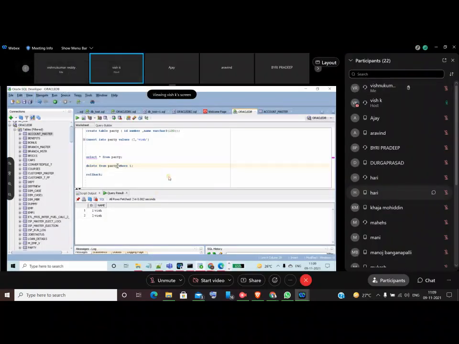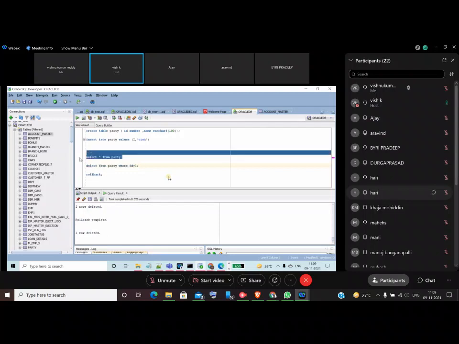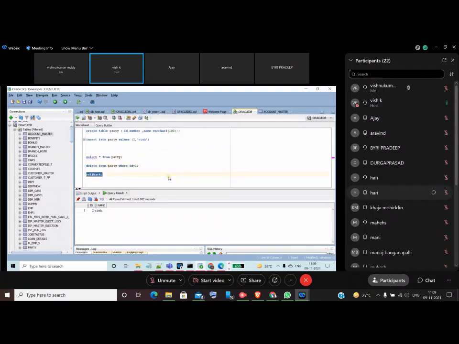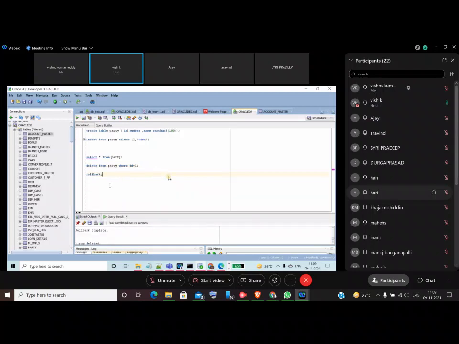Suppose I want one record, where party ID is equal to 1. So if you want a specific record, you have the option of the where clause. If you use commit, it will commit permanently. If you use rollback, it will roll back.